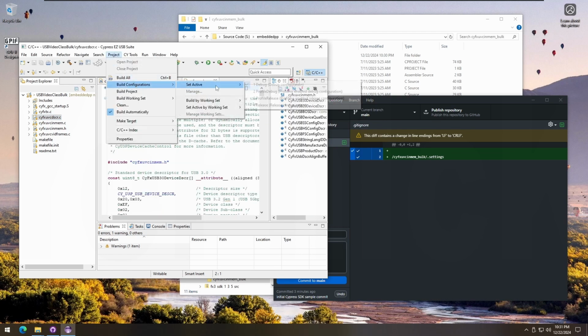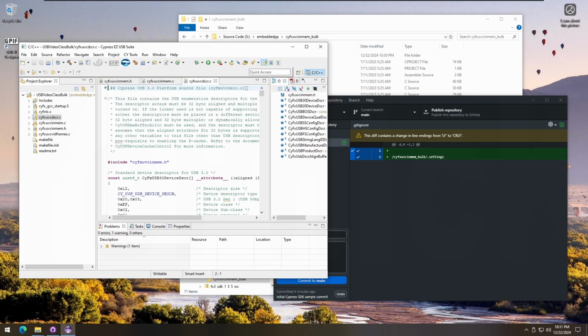Our project has build configurations for all four. There's a debug, there's a profile debug. Essentially the difference between the two is that with profile debug, the ThreadX operating system is built with extra data structures and extra code to keep track of stack usage, CPU load, thread invocations, preemptions, mutexes, and that kind of stuff. Same for release. There is a pure release and there is a release with the profiling built into it, for when you need to